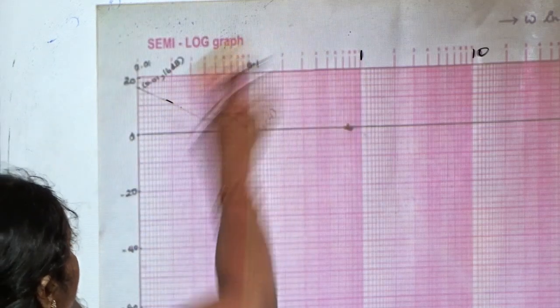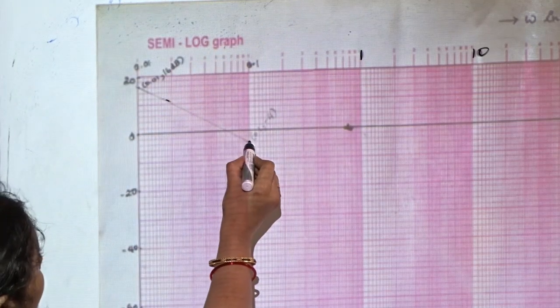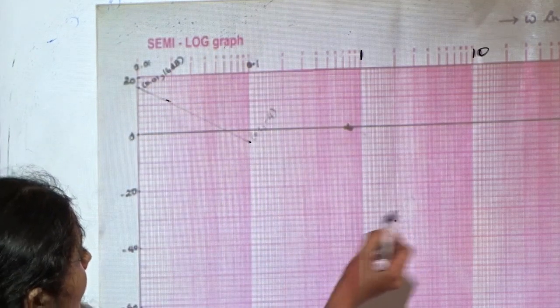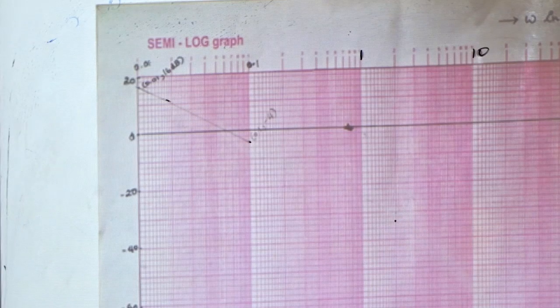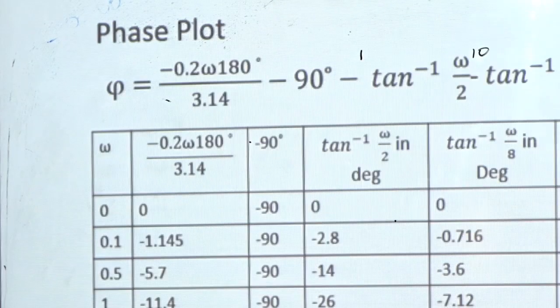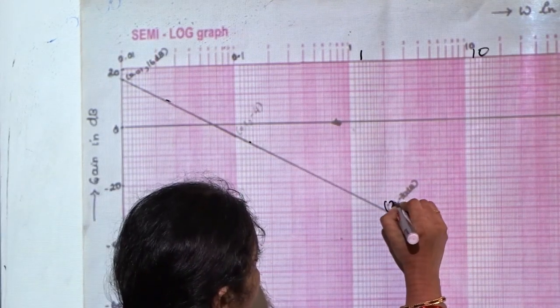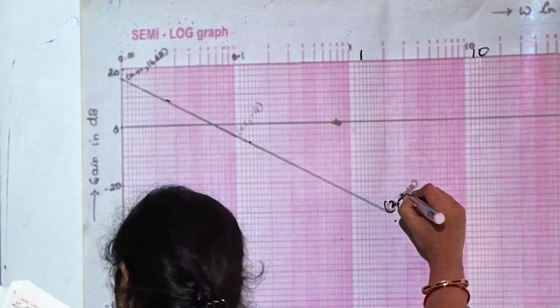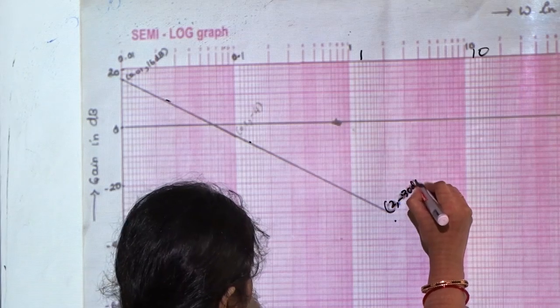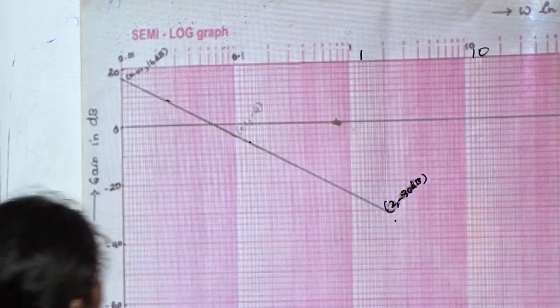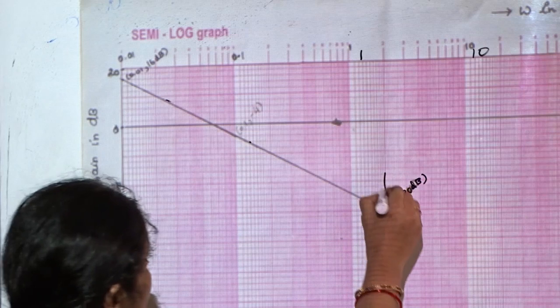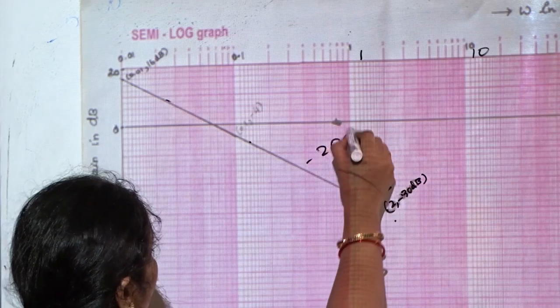Now extend this line up to, this is 0.1, then this first corner frequency, that is 2, will come somewhere at this point. At this point, what is the coordinate? 2 comma minus 30 dB. Okay, so this is the value. At this point, this is at minus 20 dB.